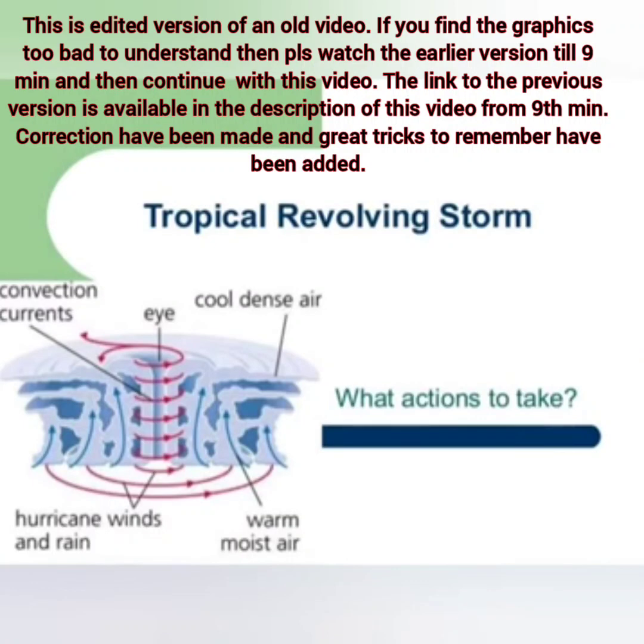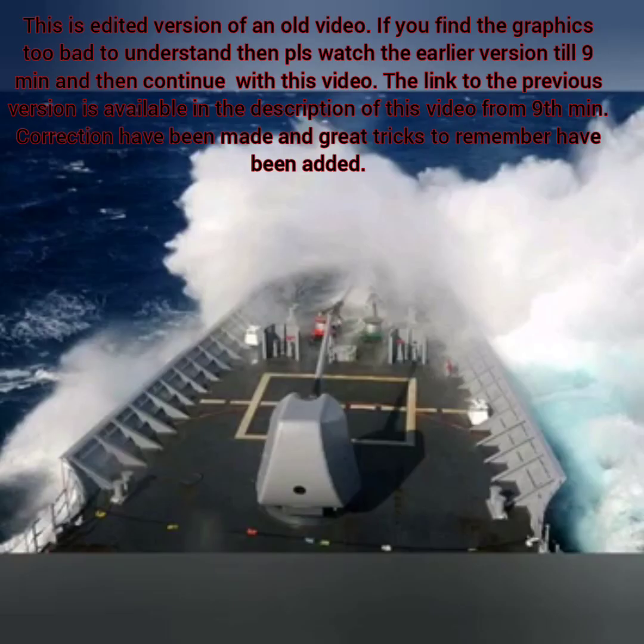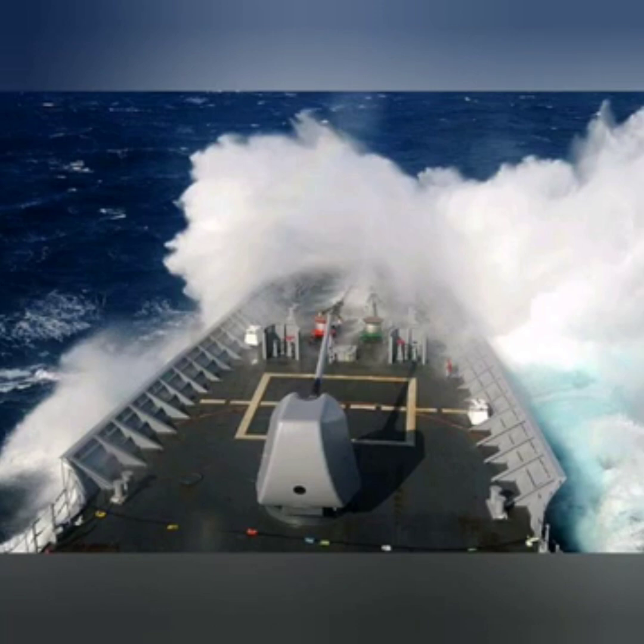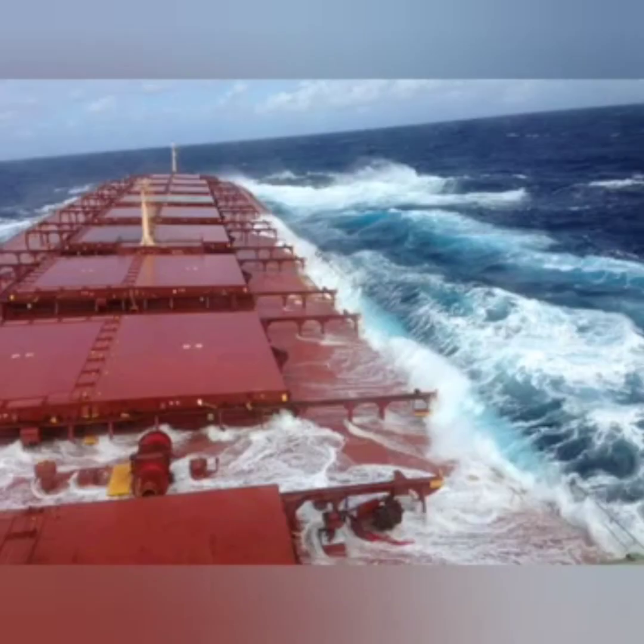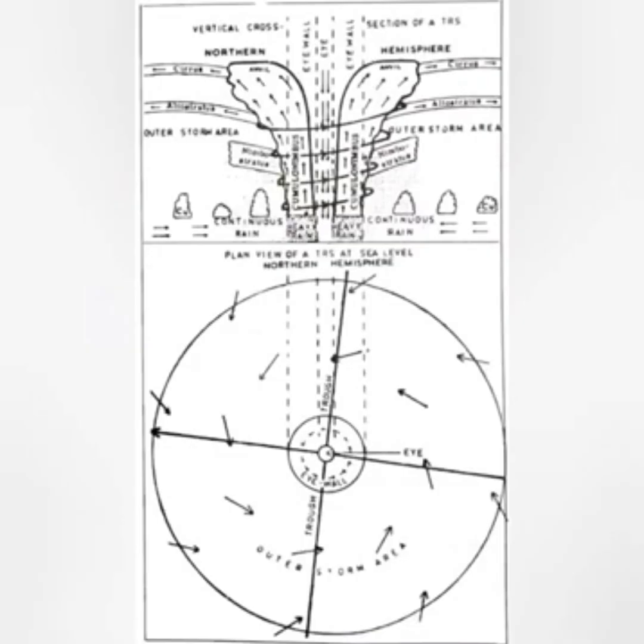Hello friends, in this video I'll be discussing the TRS, which stands for Tropical Revolving Storm. I'll be discussing the characteristics and, more importantly, how to detect and avoid it. As the name suggests, it is dangerous for ships and navigation, and thus it must be avoided at any cost. A TRS is basically a cyclone, which is a rotating mass of warm and humid air creating thunderstorms with